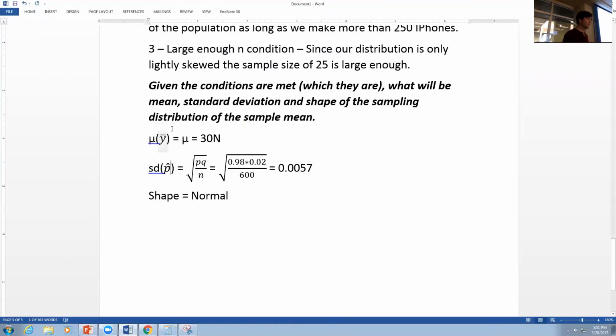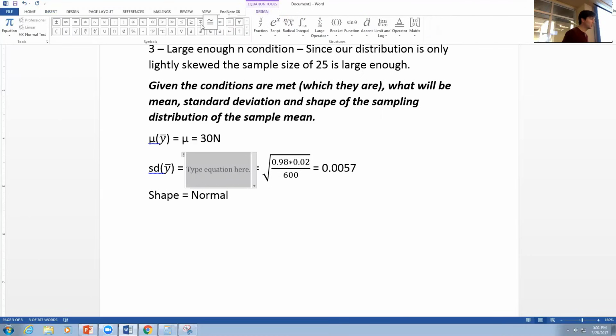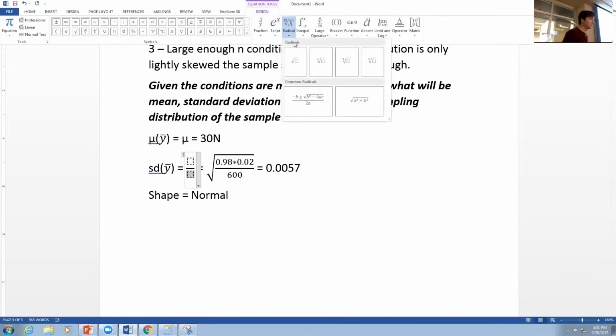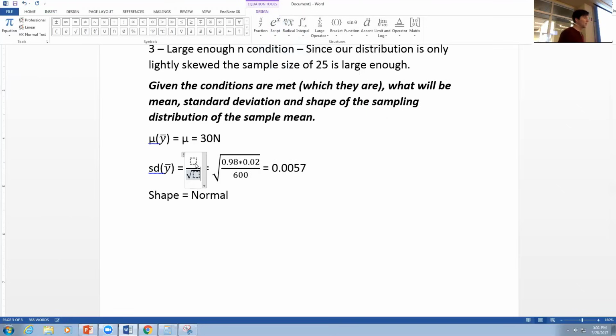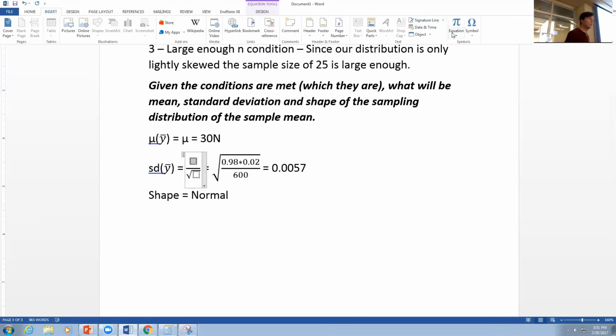Next, we need to do the standard deviation for the distribution of the sample mean. And let's put it in right here. And now we need to do some slight modifications to this. Not too much. Let's insert an equation. And let's do it. Equation editor. Thought I clicked it. There we go. And here we are. So we need to take our original standard deviation